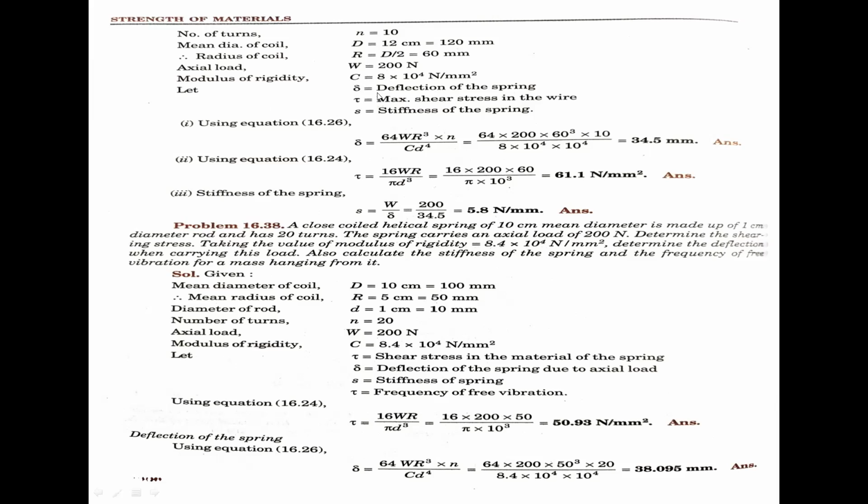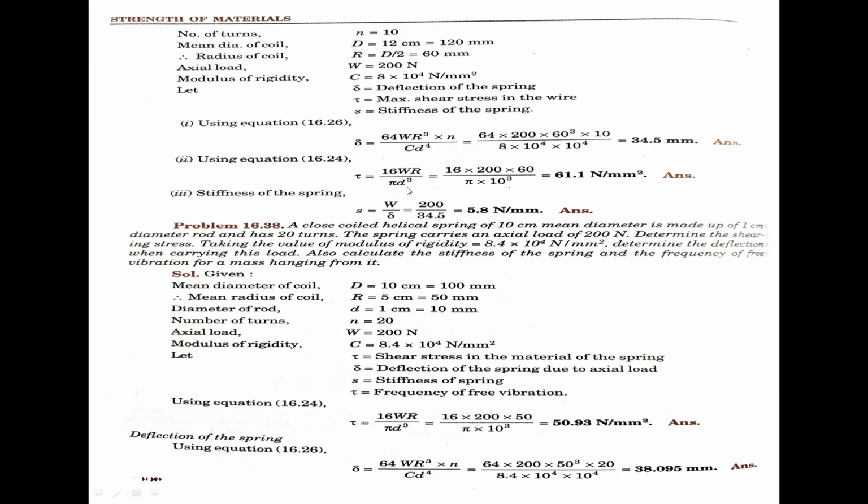First calculate the deflection using equation 16.26, the closed coil helical spring deflection formula. Delta equal to 64 W R cube into n divided by C d to the power 4. Substitute these values. Finally, deflection is 34.5 mm. Okay, next calculate the maximum shear stress using equation 16.24, tau equal to 16 W R by